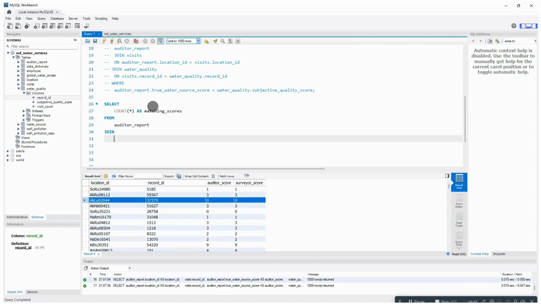Okay, I think we join visits on auditor report dot location ID. It was location ID, right? Auditor report location ID equals visits dot location ID,